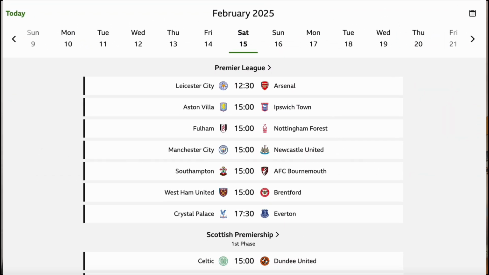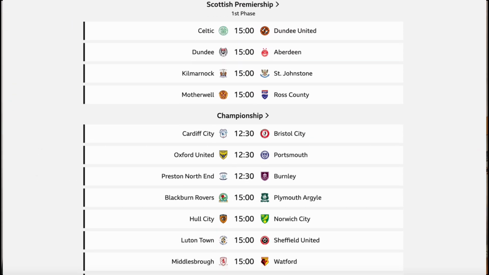I'm going to be doing this on a busy Saturday afternoon where there's a full fixture list to go through. I'll show you how you can apply some filters, narrow this list down and show the best opportunities for the day in seconds. Let's enter the team stats matrix.